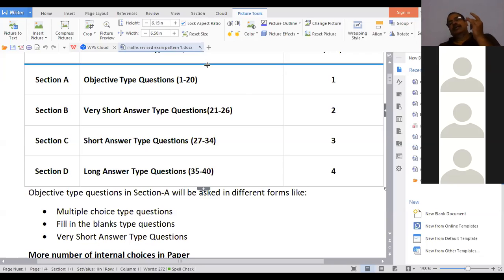HCF by division, Amma, that is not there. Divisions not there in polynomials. In linear equations in two variables, the cross multiplication method is not there. The other two methods, substitution method and elimination method, are there. Word problems as it is. Graphical representation as it is. And in quadratic equations, the completing the square method is not there. Quadratic formula is there. Factorization is there. Easy only. Like the difficult part they removed. Till now, for the four chapters, those are the deleted syllabus.